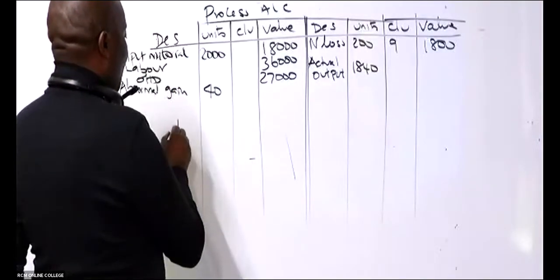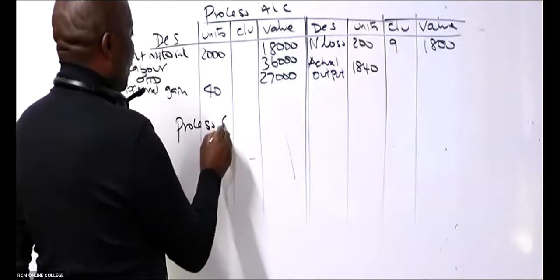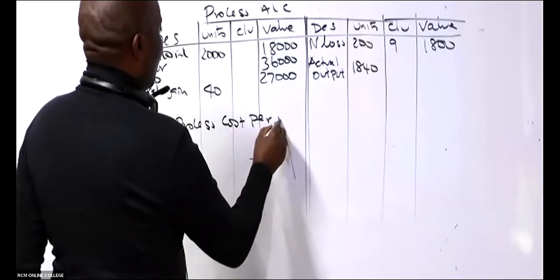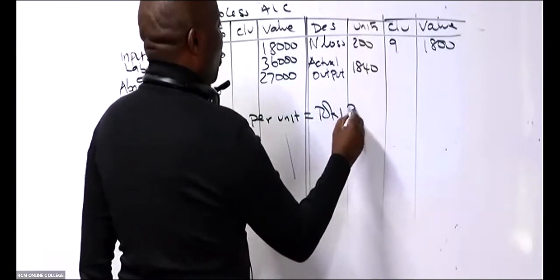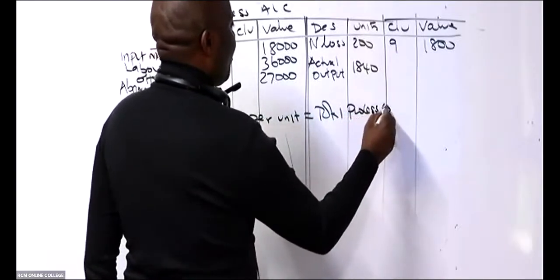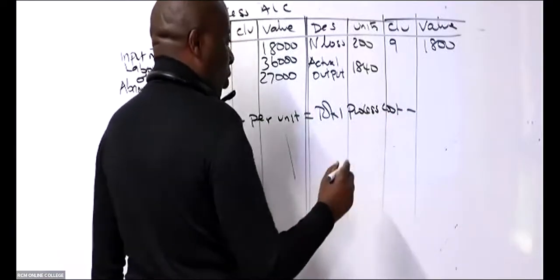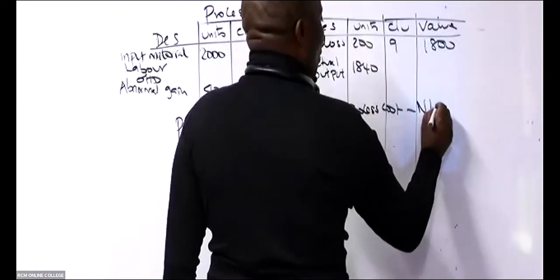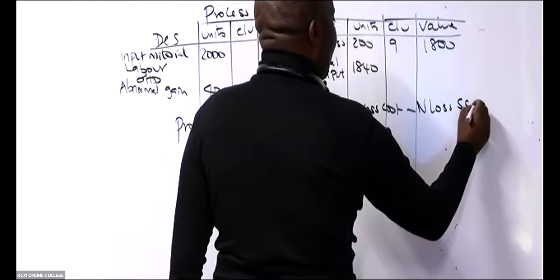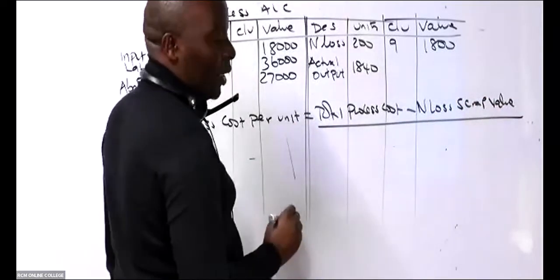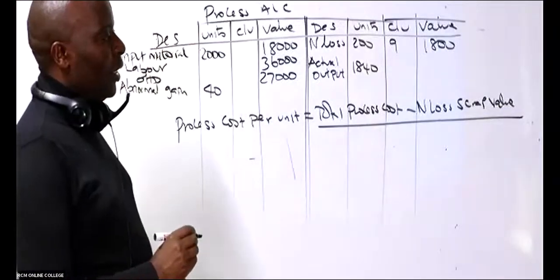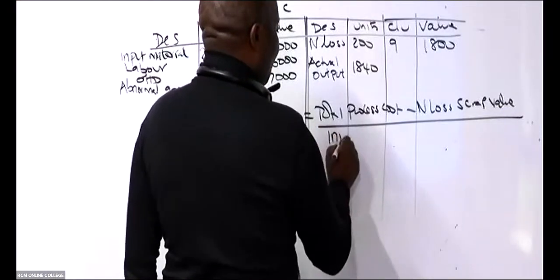So process cost per unit equals total process cost minus normal loss scrap value all over input units